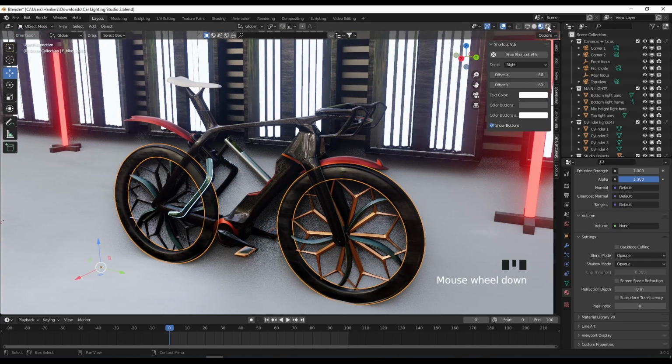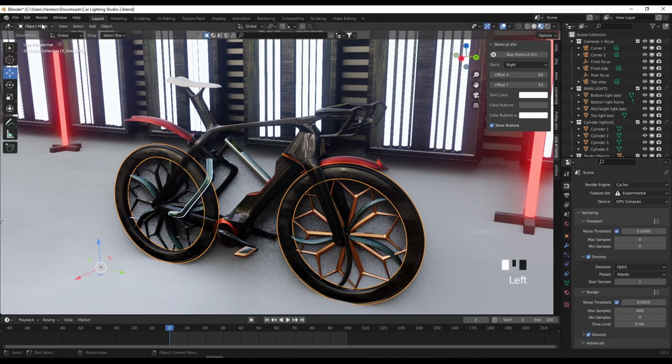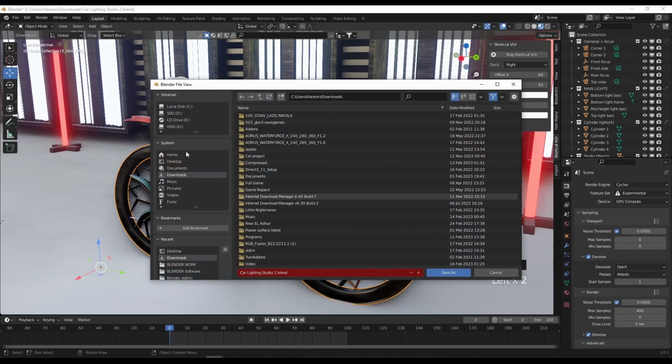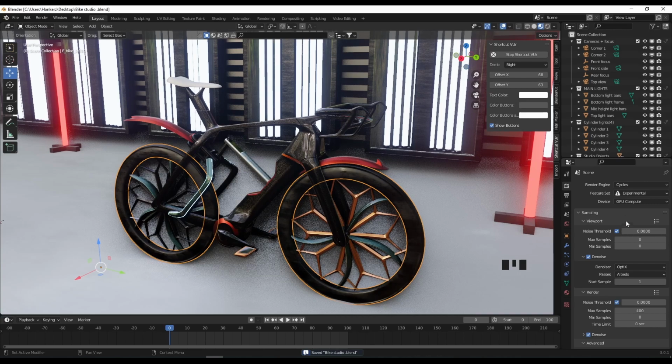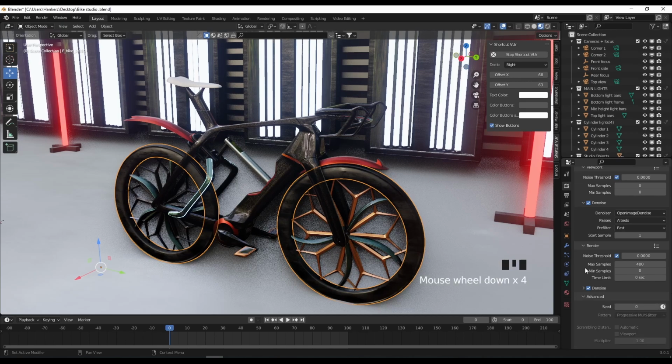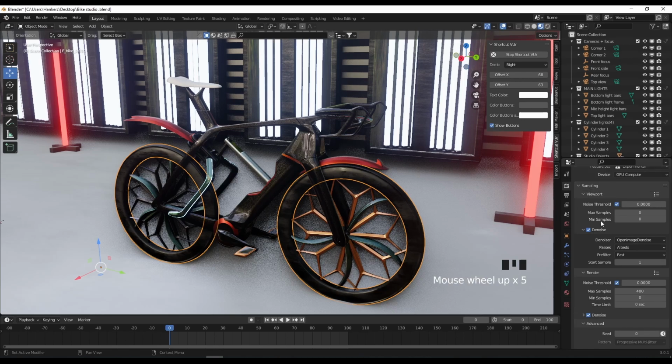Now let me just go to Cycles. First I'm just going to save this, and make this Open Image Denoise. And for the viewport, max samples I need to be maybe 800,